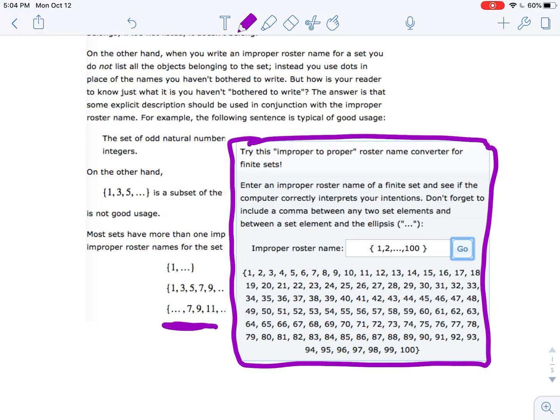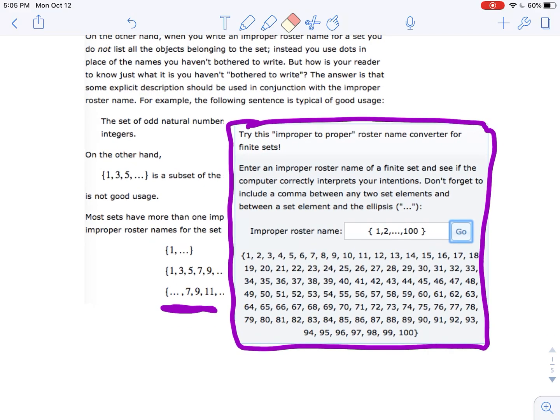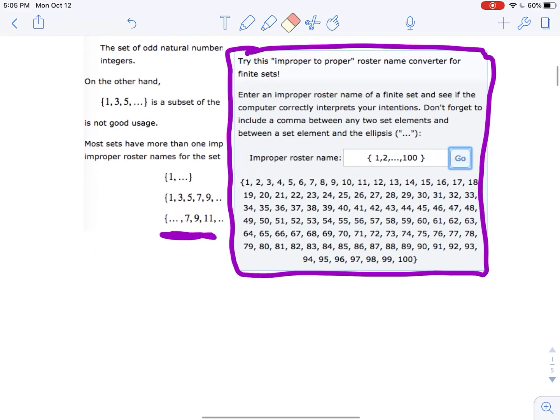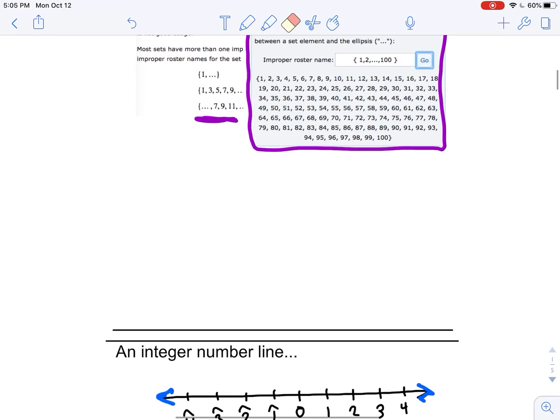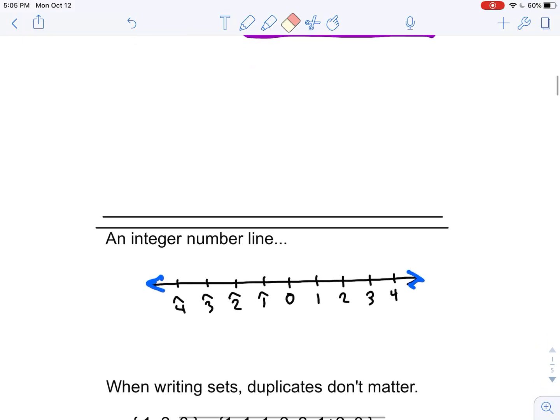When you're using improper rosters, be sure that you're not ambiguous about what you're talking about here. So this one, like these two here, I don't know what this is supposed to be describing. It says 1, but what's the next number? Is it going to count by 4s, by 5s? I don't know. 7, 9, 11, how far down does it go? It doesn't necessarily tell us. So just be careful when you're using it. Make sure that you're using the exact kind of statement you want to